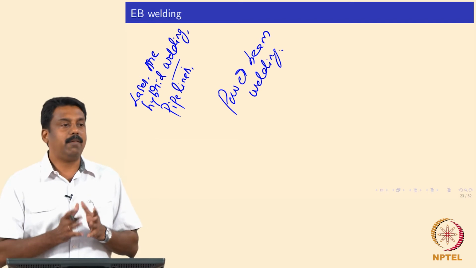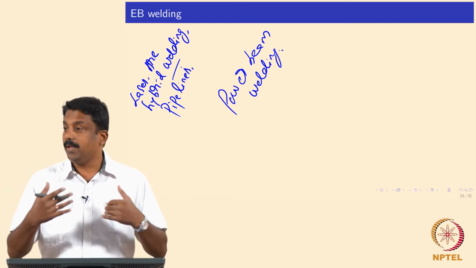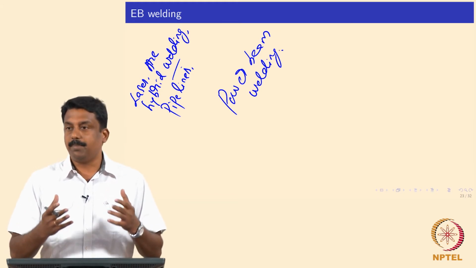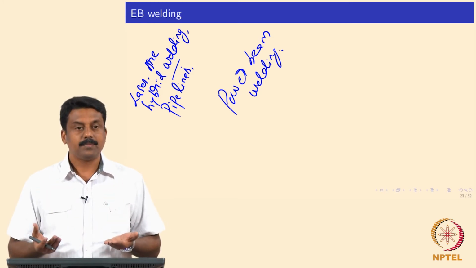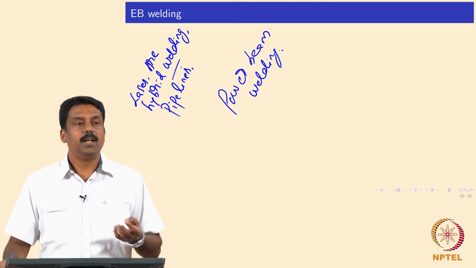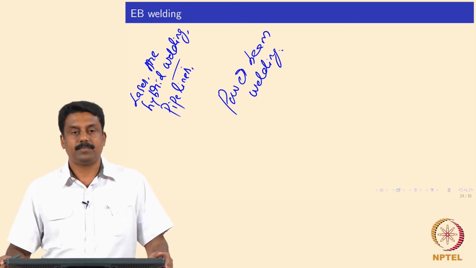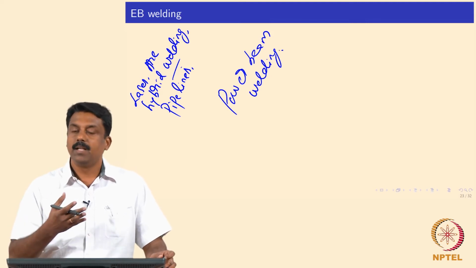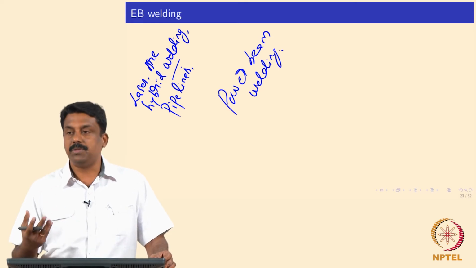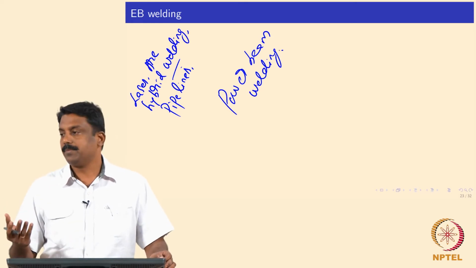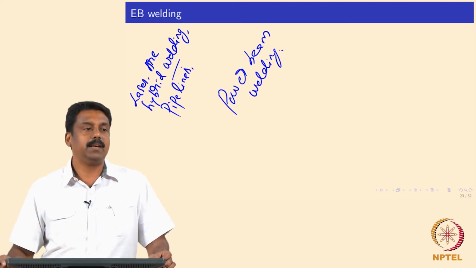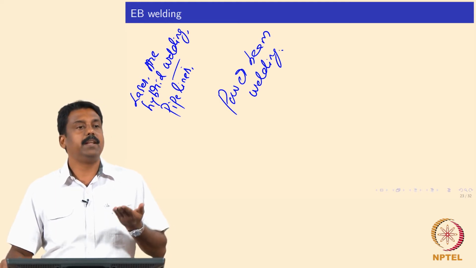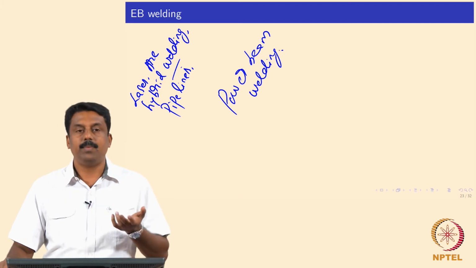So if you have an electron beam power of 2 kilowatts passing to a workpiece, almost 90-95% of the power in the electron beam can be absorbed by the material, because the absorption of electrons by the material is much higher than that of laser. So the efficiency of electron beam welding is very high compared to laser, and we can use the power we generate to melt much more volume and much greater thicknesses, to generate deep penetration welds using electron beam welding. That is why electron beam welding is widely used for various strategic applications.